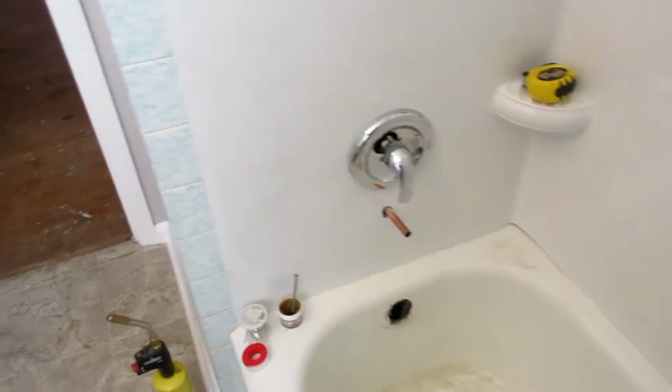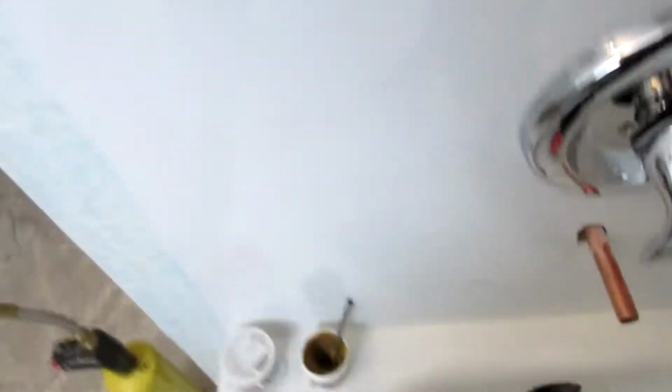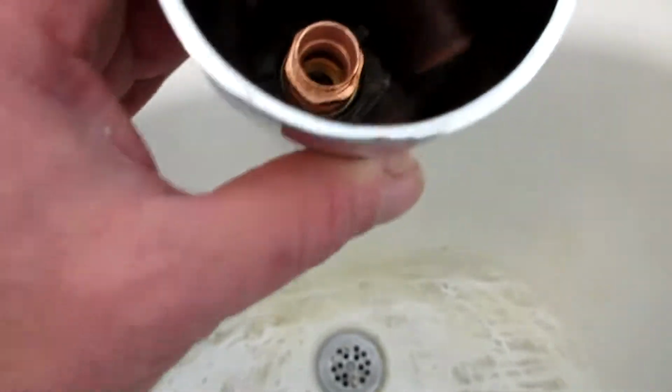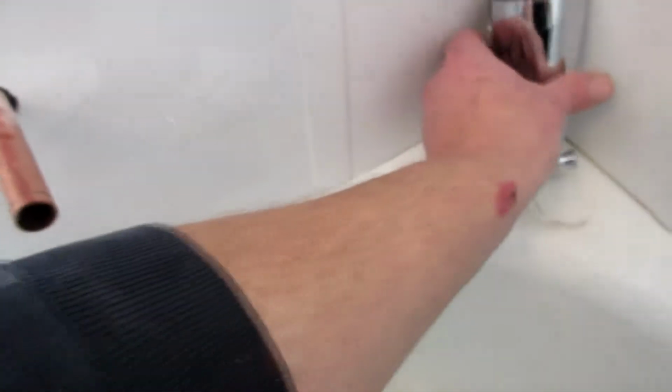Now I'm calculating my tub spout. So what I do is I crudely screw in the copper piece, just a thread or two, and then I get a measurement down in there, which is 3 1/8. Cut the pipe at 3 1/8 inch,